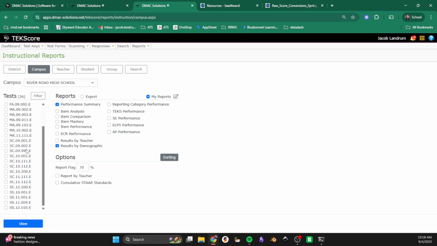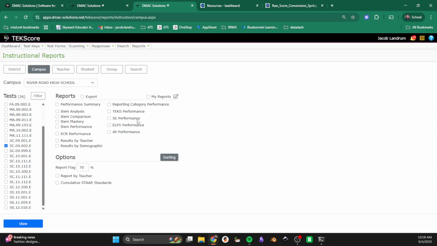Over here, I want to choose the test that I sent over. Obviously, the one I just sent over doesn't have any data, but this test is the same thing, basically. I'm going to deselect this. There are a lot of different reports in DMAC. It is totally up to you which ones you look at and which ones are most useful for you. I'm just going to show you the ones that I think get you the most mileage and give you the